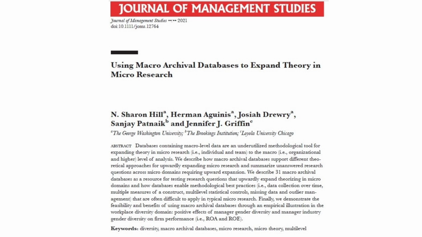Oh, that's interesting. So are there a lot of unanswered research questions that could benefit from this approach? Oh, yeah, tons. Aguinis and Glavas actually point out that there are many unanswered questions in microdomains that could benefit from this kind of macro lens. So it's like a whole new world of research waiting to be explored. Pretty much. So what are some examples of questions researchers are dying to answer using these databases? Well, one that comes to mind is employee turnover. How do changes in company-wide turnover over time, whether increasing or decreasing, affect a company's performance? Yeah, that's a big one. It has huge implications.